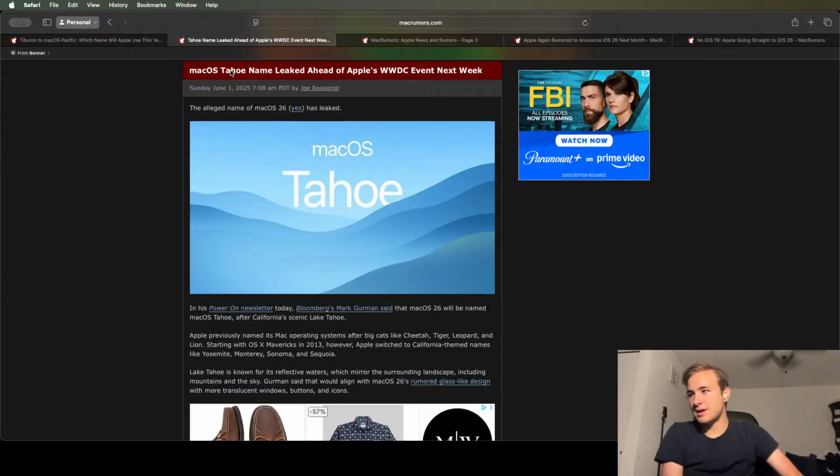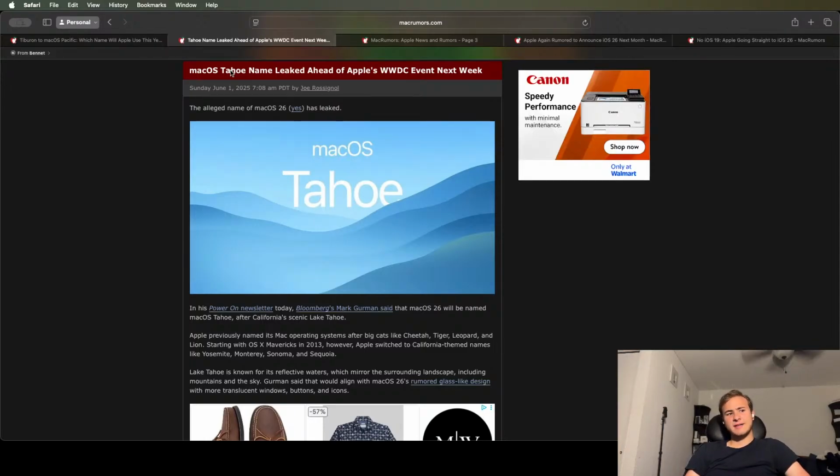What do you think about Tiburon now? I think Tiburon is still a possibility. I think we're going to have a California name for a couple more years. I've been thinking for a while, they're going to run out of California names at some point. They're going to want to stop, just keep things consistent. I'm kind of surprised they didn't do it with Big Sur. So, yeah, they did say next 10 years. It's already been 10 years. So, yeah, I think Tiburon's a possibility. But I think Redwood's more of a possibility, to be honest. But unless Tahoe gets leaked again, then I think it's going to be Tahoe.